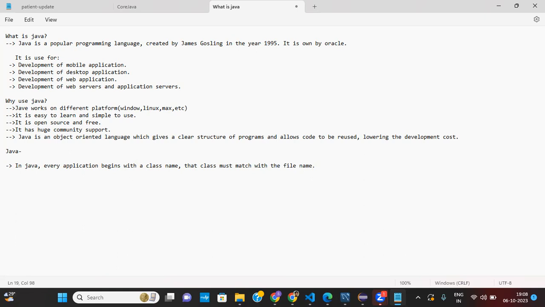You will see that in every program, when we create a Java class, it creates a file. Whatever the file name is, that same name should be the class name.